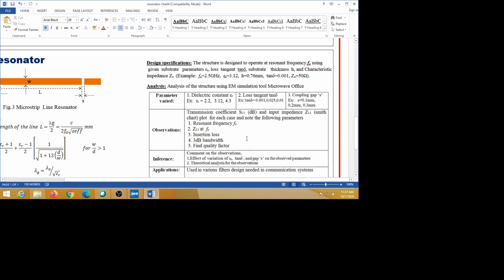Similarly, next you can change the loss tangent also. Change the value of tan delta, and repeat all these parametric measurements, and see what happens. Similarly, you can change the coupling gap.